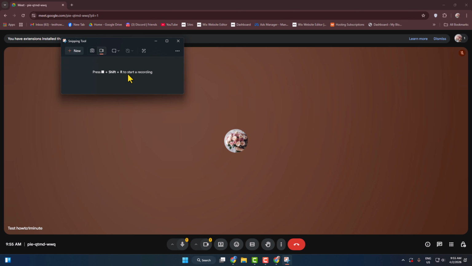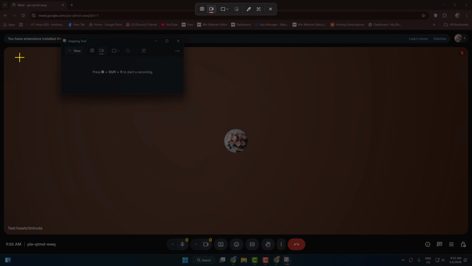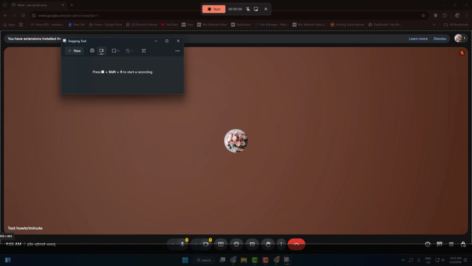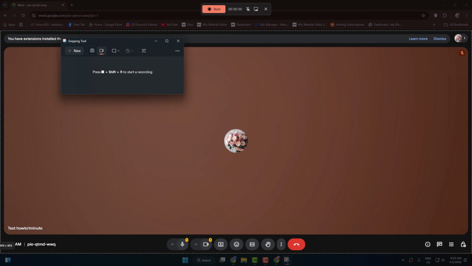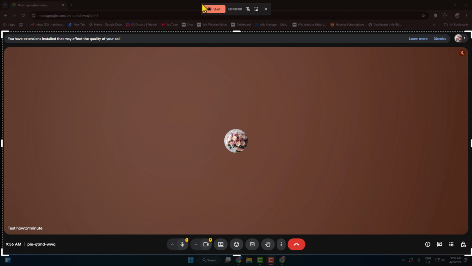Let's do it. And now you have to select the area that you want to capture. So in my case, I'm selecting this part. You can also select your entire screen. Once you select it, here we can see the start record button, but before that we have to enable our